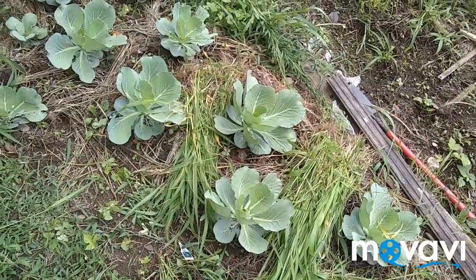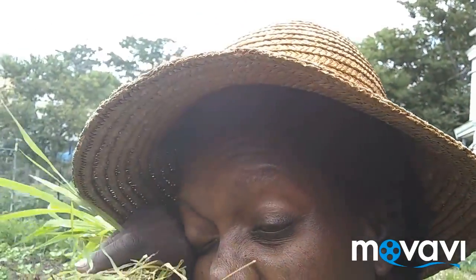They came from, I guess it was a florist. She was a florist, and she had some plants. I guess she was just kind of growing them on the side. They didn't sell very well, so she decided to give them away rather than throw them out. So I benefited from that. I guess she gave them away to a few other community gardens. But anyway,